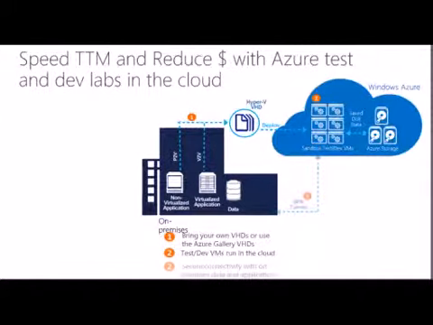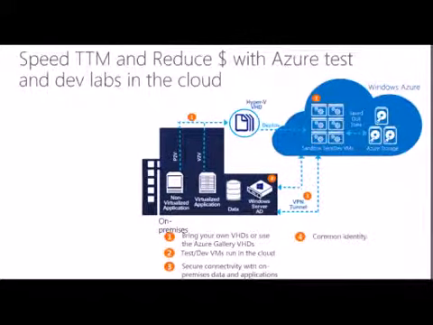Of course, we need secure access to our environment, and that VPN tunnel enables us to get secure access to this. And we may well want to have a common identity, link this to our existing Active Directories so that we can make this truly an extension of our own on-premises network, pushing out to the cloud as we may well want.